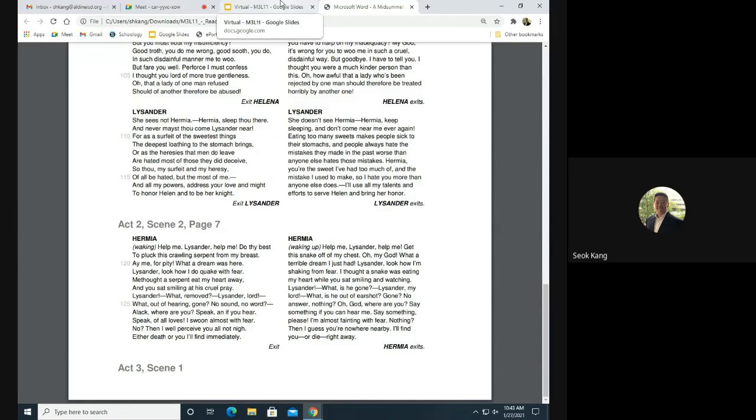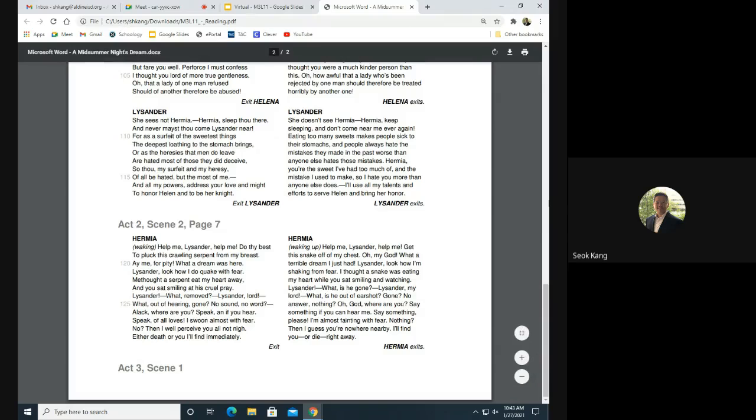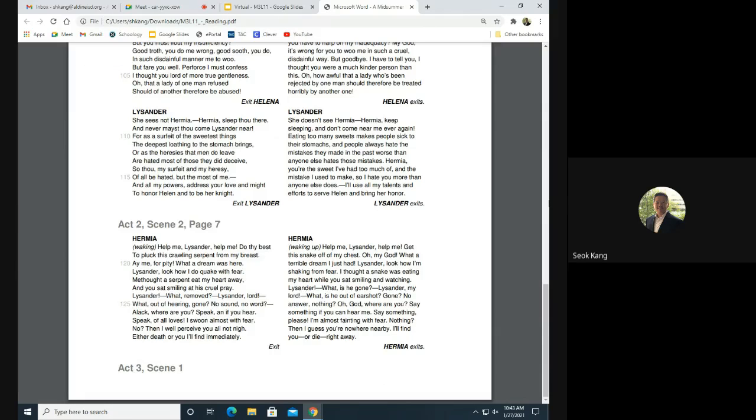All right. The problem that got introduced is Lysander is now in love with Helena because of the flower and the mistake that Robin or Puck made, right? So that is the problem that we're going to be facing going into Act 3. There's also another person with the flower rubbed into their eyes. Does anyone know who else it is?